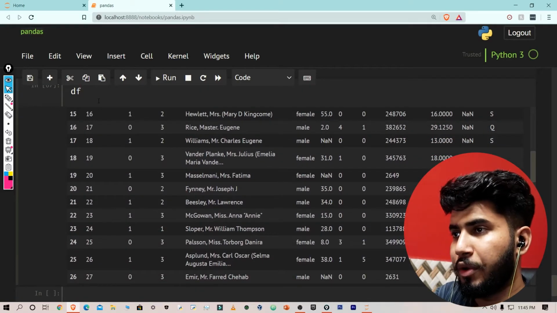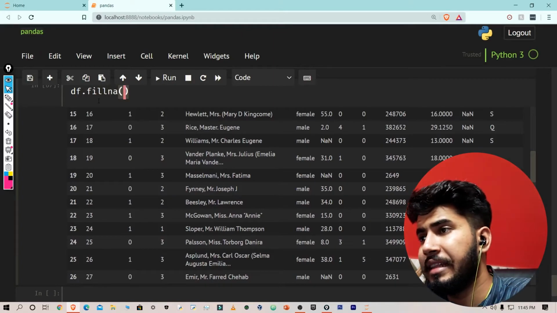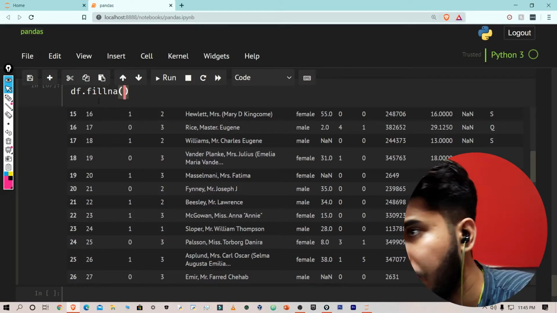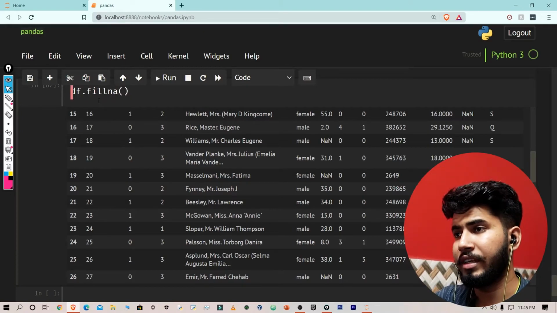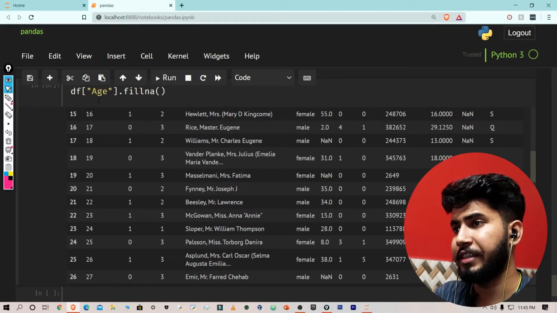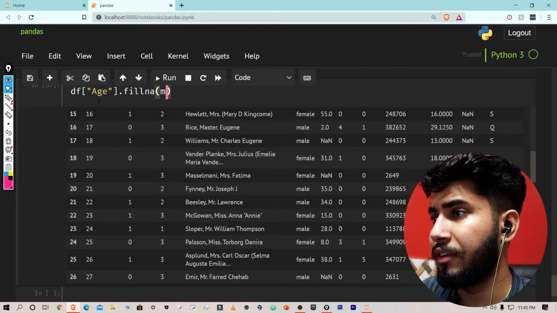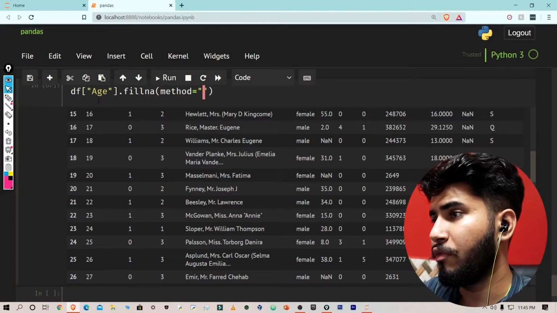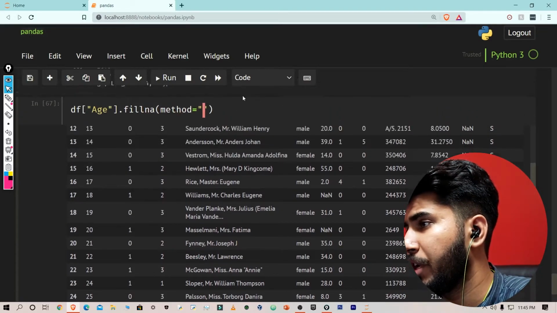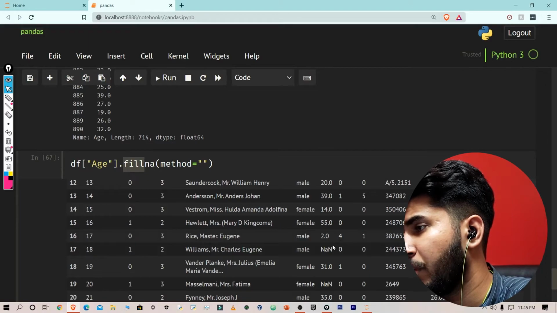fillna method. Okay, so df.fillna, and in this, first of all we need to give Age. Now I'm going to give the method, like using which method we are going to fill these values, because we are not deleting them now. As the function name suggests, fillna, it is going to fill the values that are null.